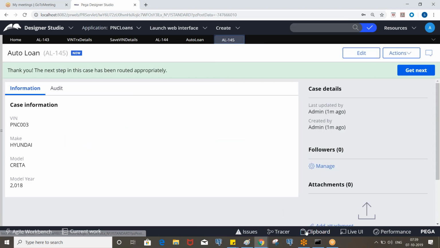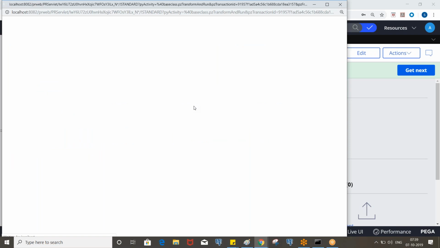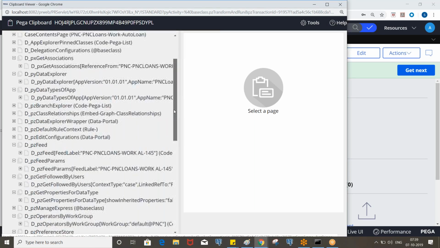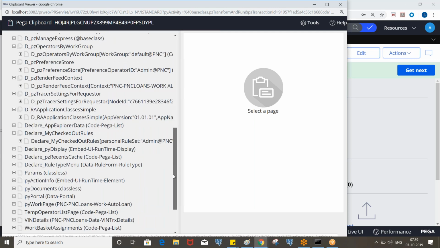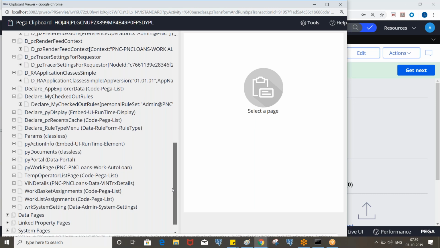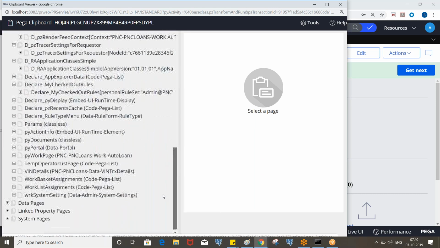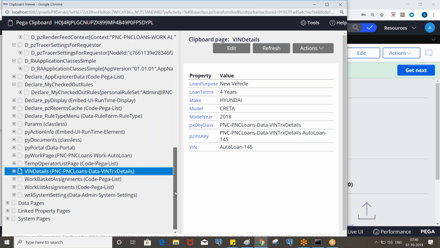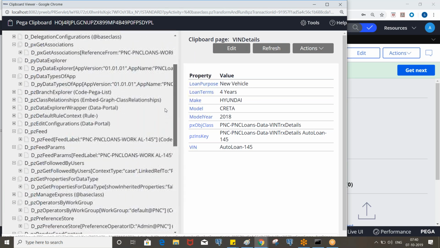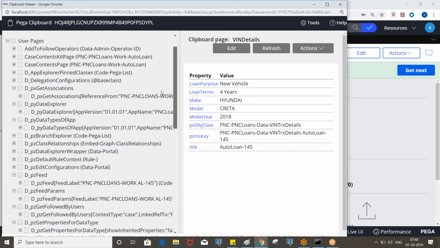Go to the AL-145. Pages are same, right? Win details. Yeah, so this is the win details. But this is executing after that, right?